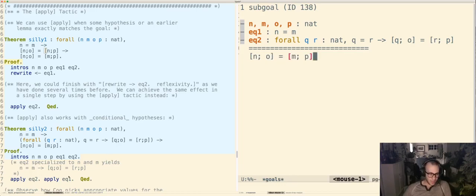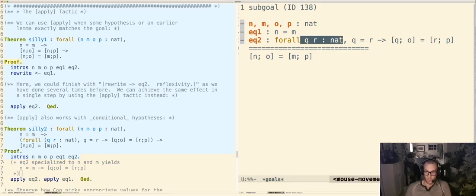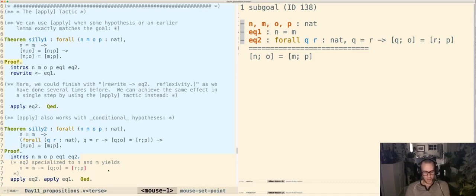Now a neat thing about the apply tactic is that Coq will automatically instantiate for all quantified variables for you, and then it'll use conditional hypotheses correctly. What do I mean by that? Let's see. So first here I've written down what the instantiation will be, incorrectly. Now I have it correctly. When I apply it,